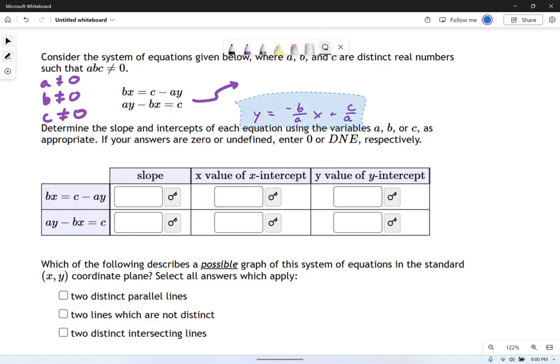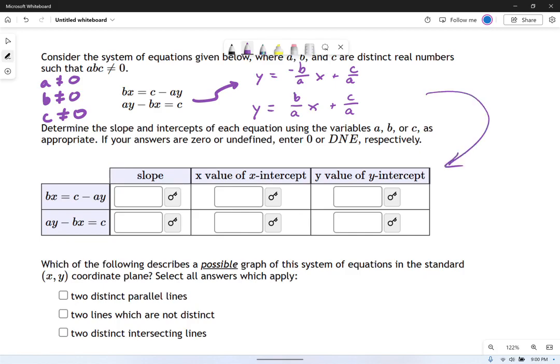So let me put this up here, and I want to now write the second equation below it. I'll skip a few steps in this one. Holy cow, something went wonky. This is supposed to be a b. There we go. So now the second equation below it is going to be similar but not quite the same. If you go through the algebra, y equals b over a x plus c over a. So you can see these two equations are similar in some ways, but there is a key difference in that plus or minus sign.